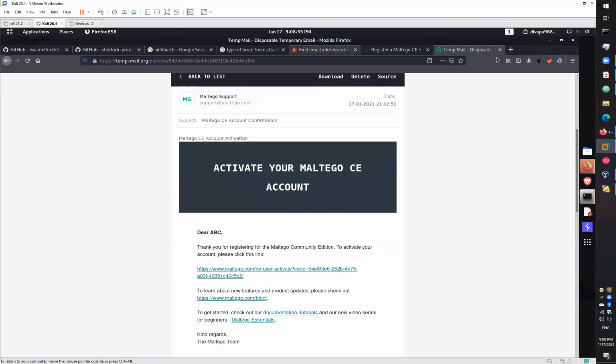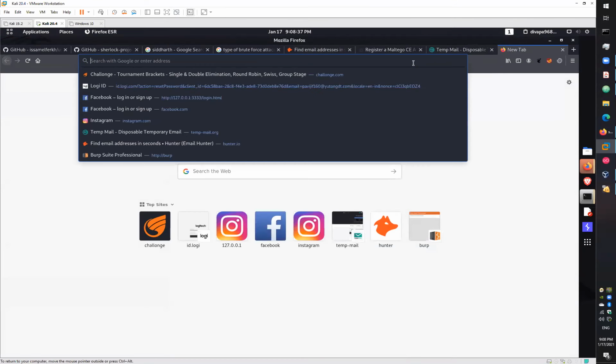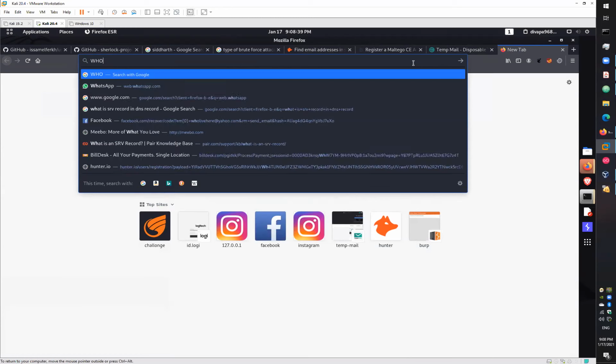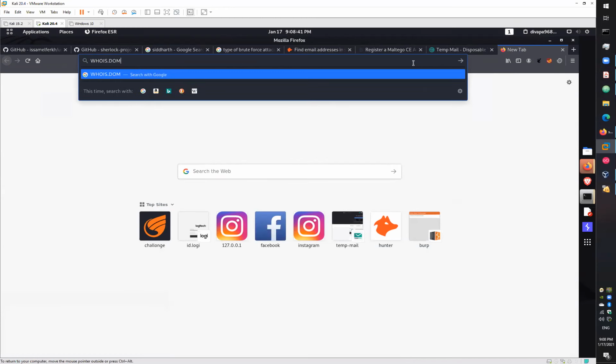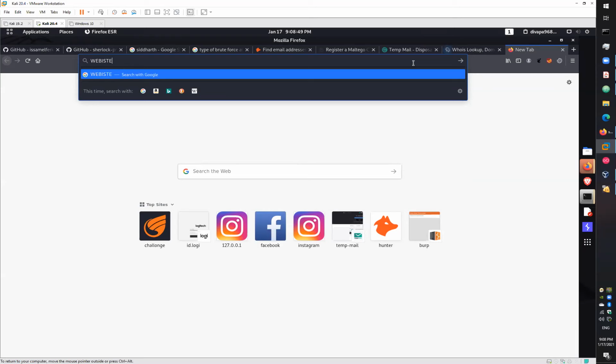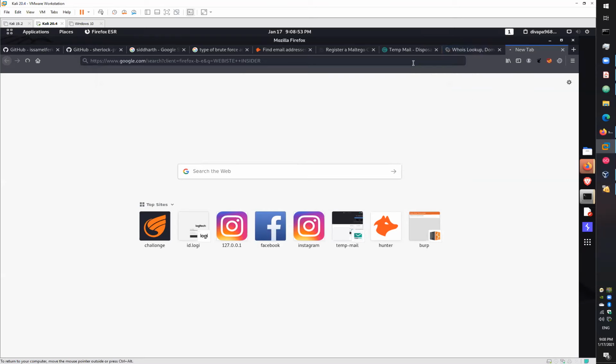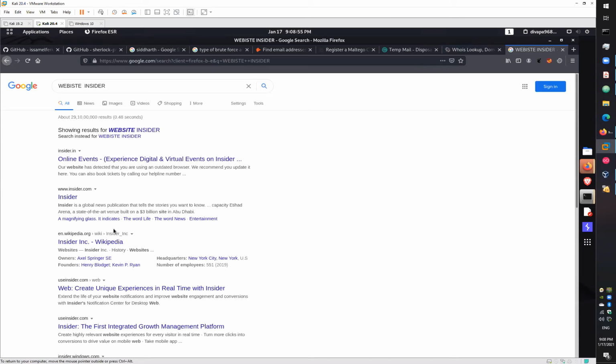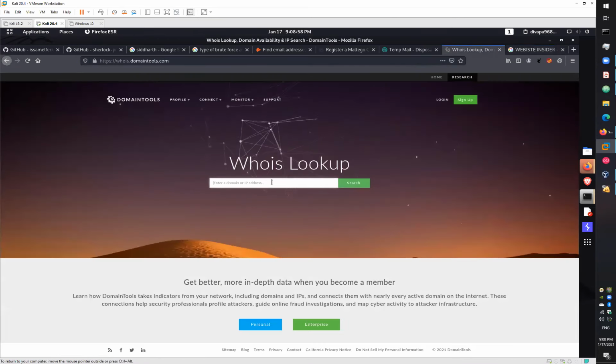Open the browser, go on websites like whois.domaintools.com. You can verify here. Other than this, you can go to a website like Website Informer. See, I think this Maltego is getting information from similar domains like this.